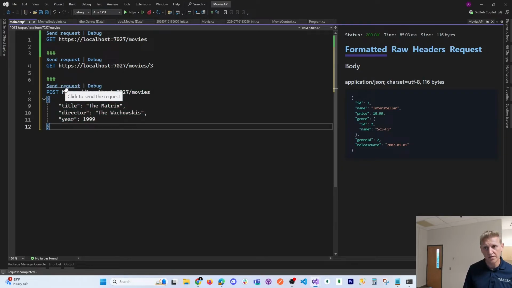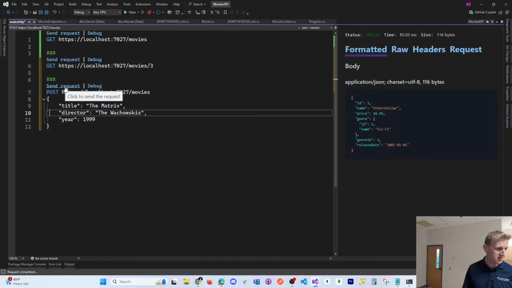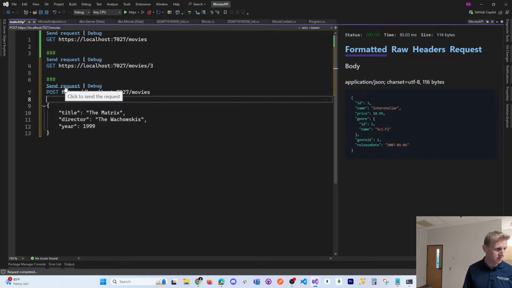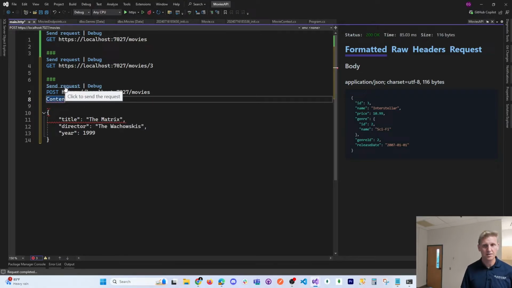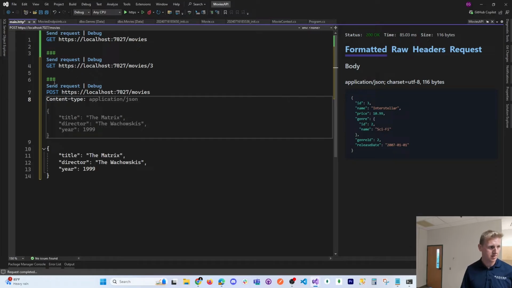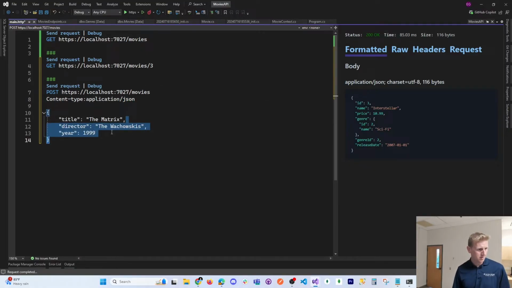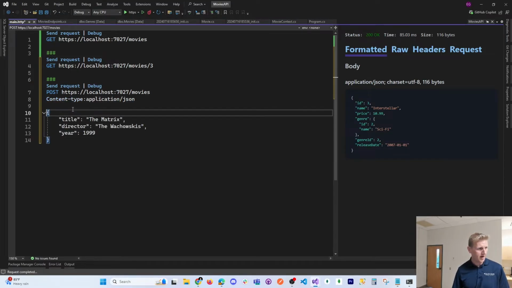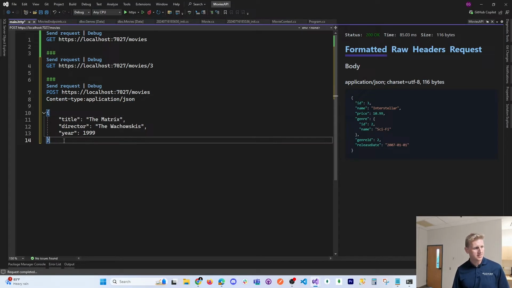Now, in order for this object to be sent over, we need to add this little extra content type application JSON. Okay, so adding this line, I believe this space is required. Let's test that,